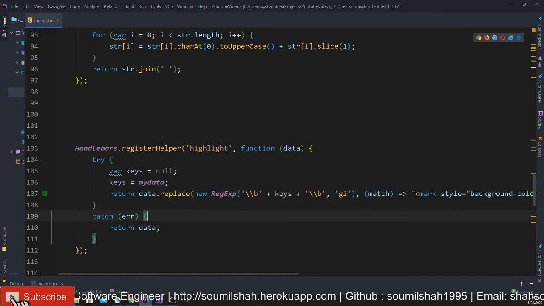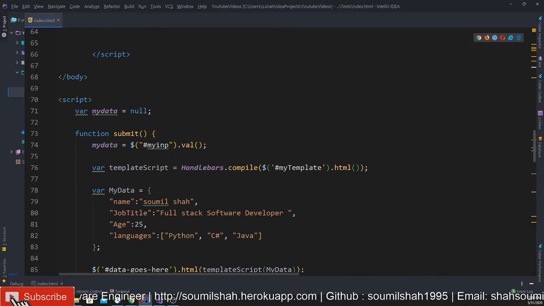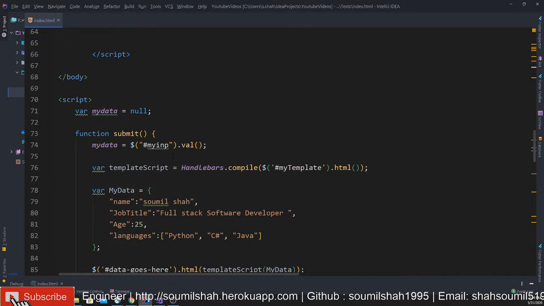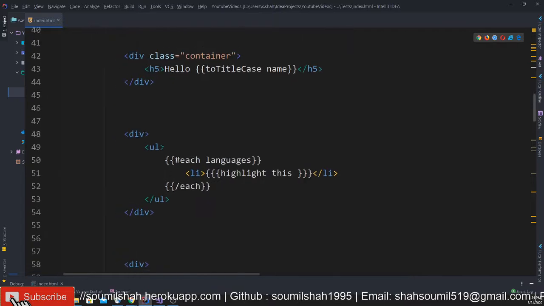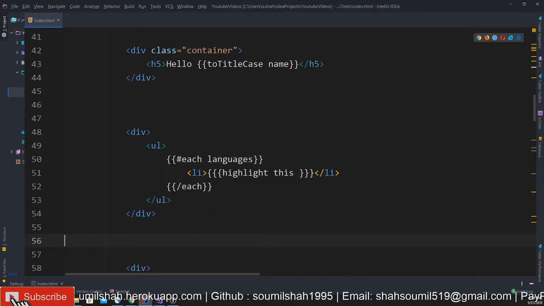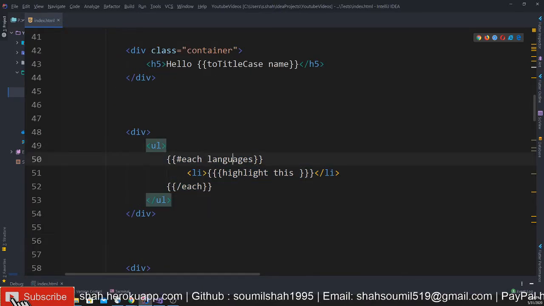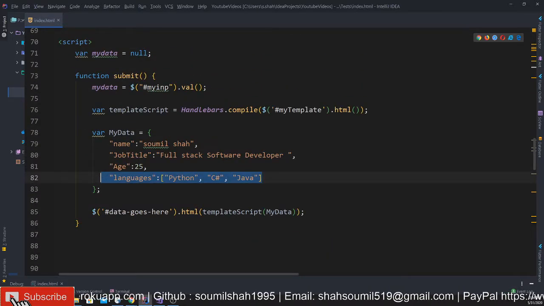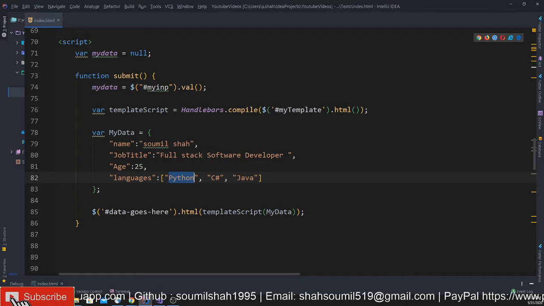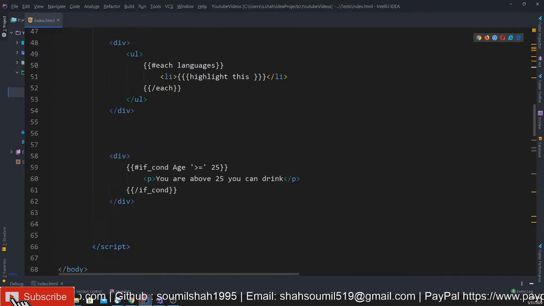The idea here is that you grab the input element. Once you grab the input element, you register a highlight template in handlebars, and then you inject that template here. Here you can see, since languages is a list attribute, remember it's a list, whatever I type, if it is there in that element, you should highlight it.